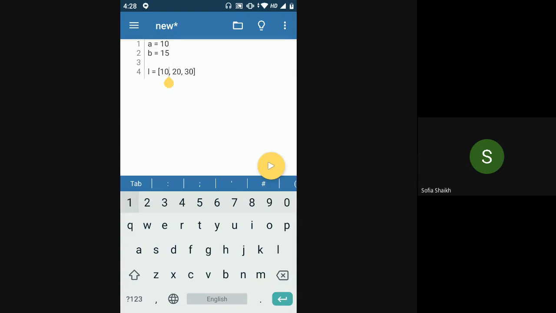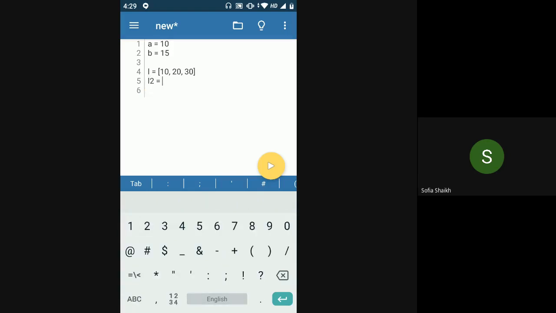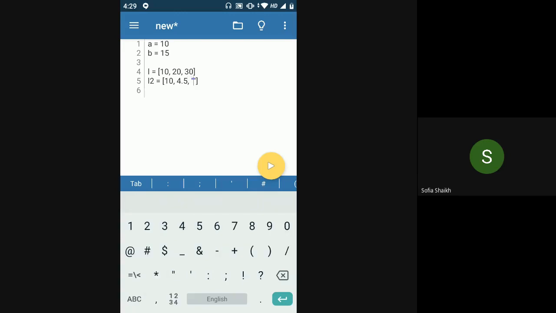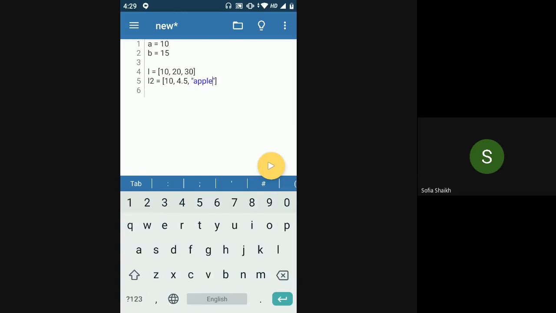Now these multiple values need not be of a single data type. It is not necessary that when you are declaring a list, all the elements of the list should be of one particular data type. In this case, I have created a list with all three elements of integer data type, but you can create a list with any data type. You can mix and match any data type, that is fine. You can put one integer, one float, then a string also, and you can add boolean data type also in this.